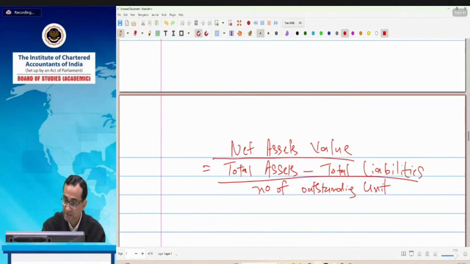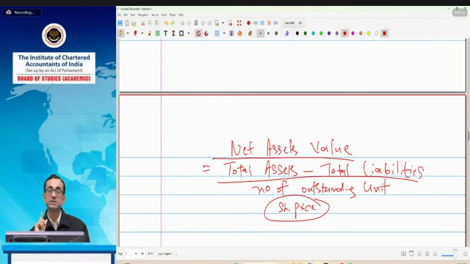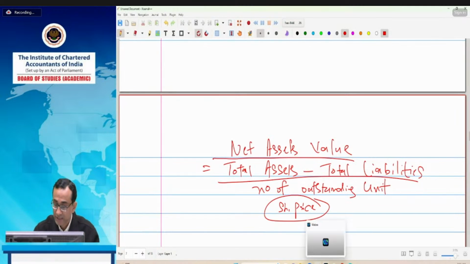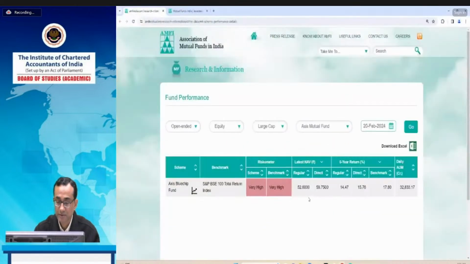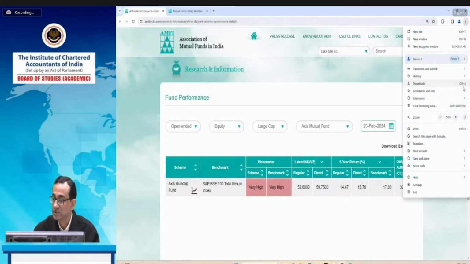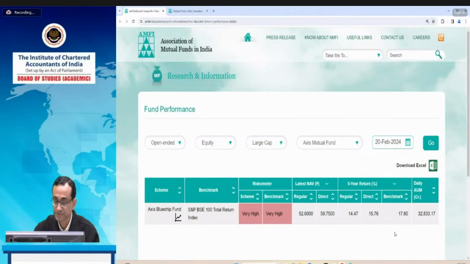It's very similar in the case of share prices also, because if a new investor has to invest, he can only purchase at the current market price. But an existing investor, if he thinks that the market price is higher, can sell at that price. So NAV actually changes from day to day. If I go to a particular website, here the NAV is given. See, direct plan and regular plan. I hope this website is in front of you. You're able to see this.